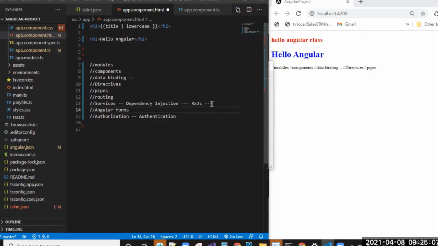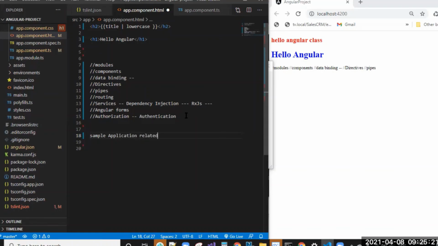From tomorrow onwards, we are going to start the development of Angular. After all these applications are complete, we'll take one sample application related to e-commerce, and we will build the sample application. I will not build it actually. You guys will start.